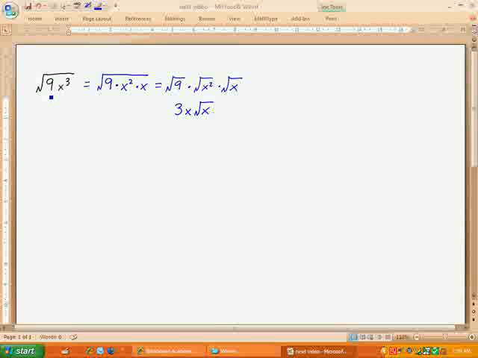If you wanted to do the tree here, you would just separate the 9 into 3 times 3, right? You would separate the x to the third into x times x times x, because that's what x to the third is. I've got a pair of 3's, so I'll write down the 3. I've got a pair of x's, so I'll write down the x, and then I've got one x that's left over, and the leftover has to stay inside the square root. And so either way, I get exactly the same thing right there. Okay? Let's look at